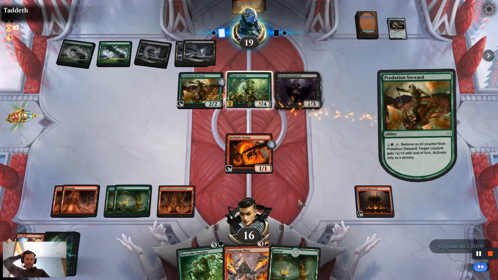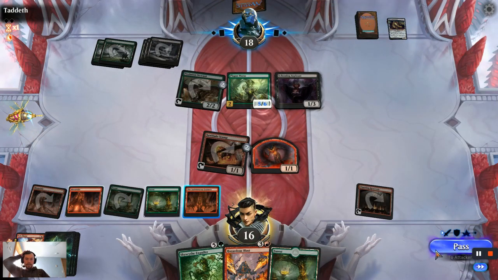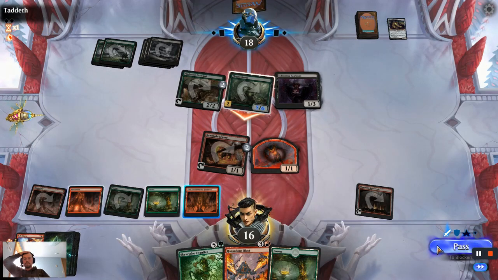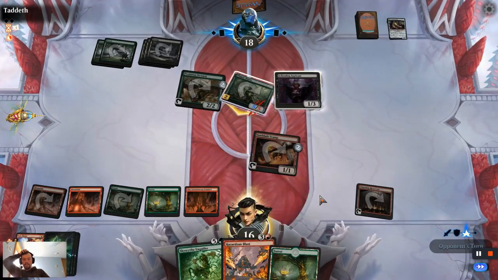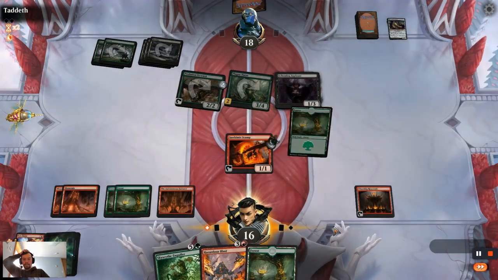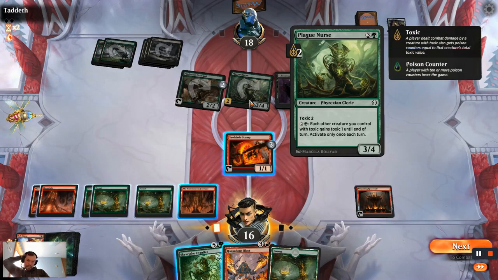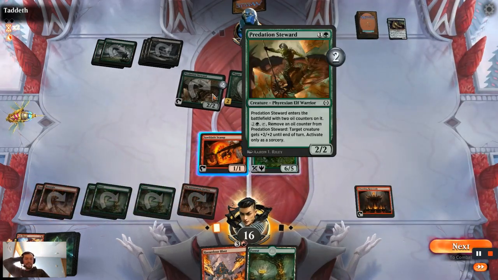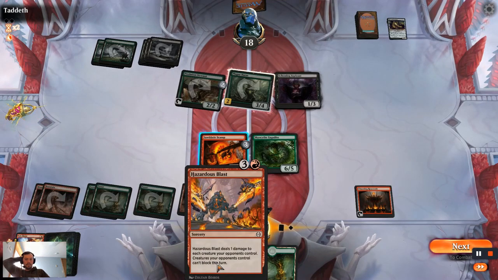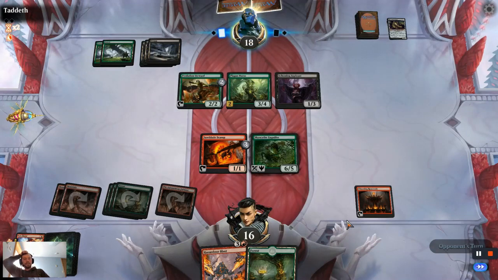Do it. Do it. Worked out well. I'm not gonna crack this because I'm gonna be able to play the Engulfer. Do I block? I don't think that I do. Not yet anyways, because if I find removal for the Steward, then... yeah, that's gonna hurt a little bit, but...